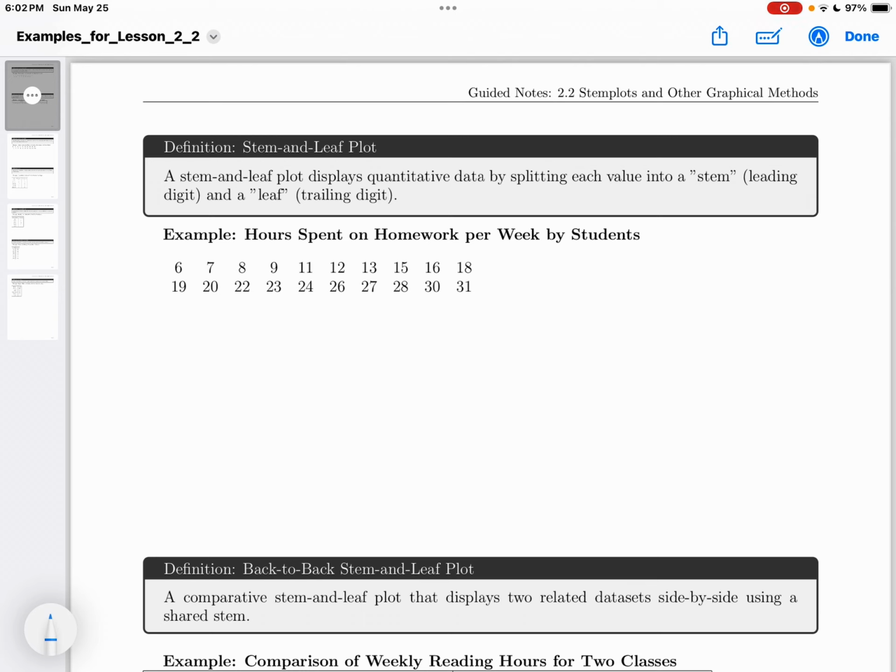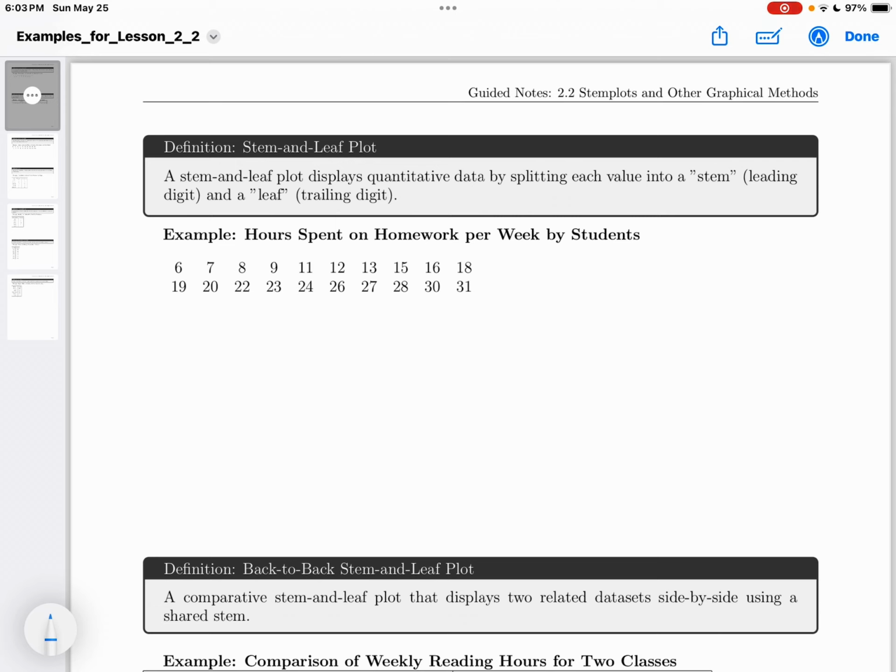So now we're going to look at some other kinds of graphs, and each kind of graph has a different purpose, or has pros and cons. And each type of graph tells a different story about the data. Some are better for showing comparisons, others are better for showing patterns and trends, others are good for showing how an entire group is divided into categories. And so as we go through each example, I'm going to show you how to create each of these different